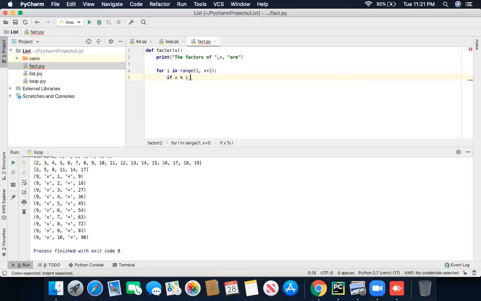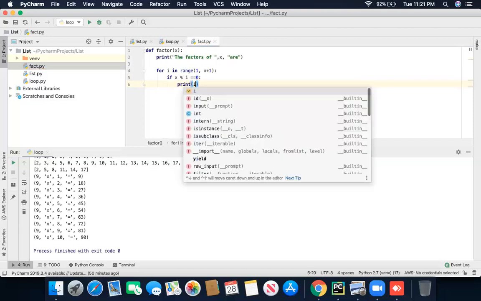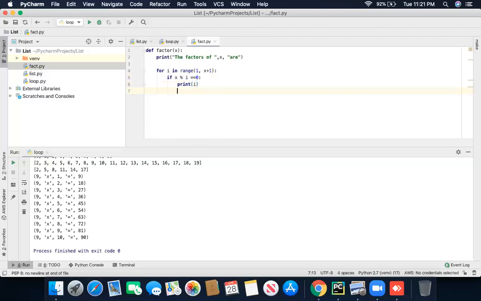Modulus of i equals 0. If my remainder is 0, it means I have a factor of the number. So I'm going to print i, because I'll get the factors. Got it? Print. Now we have to press the back key and make it here.